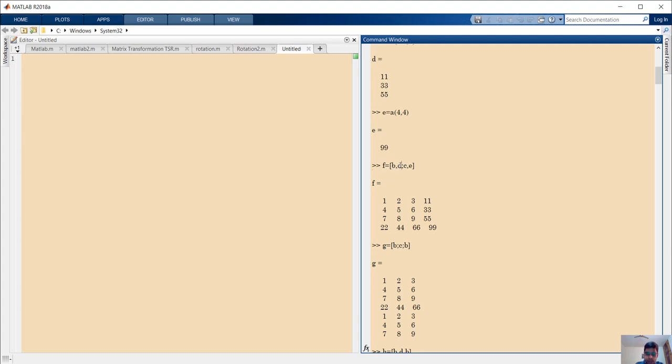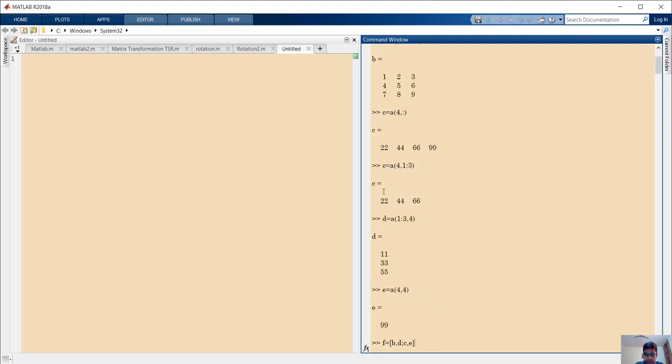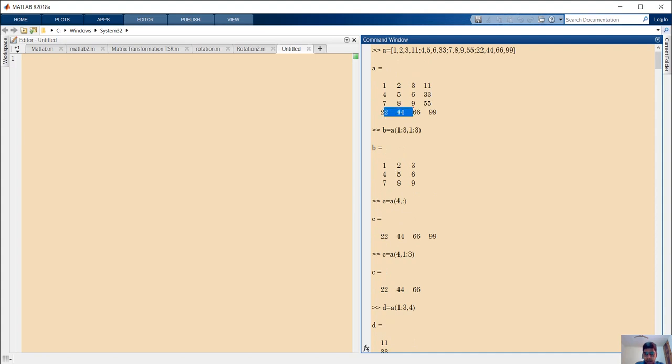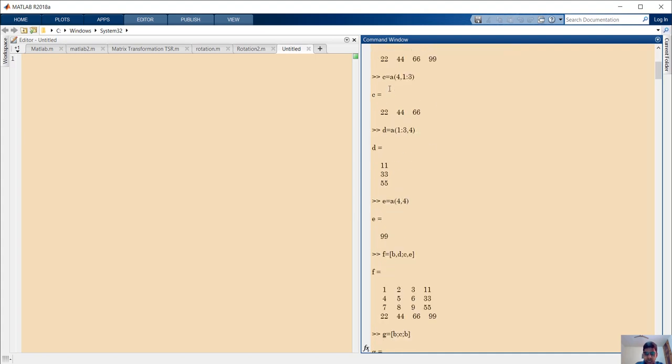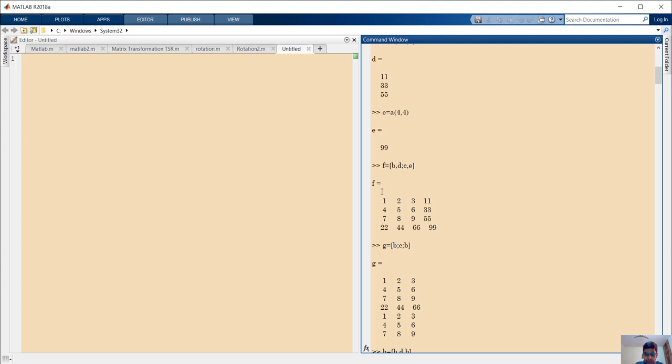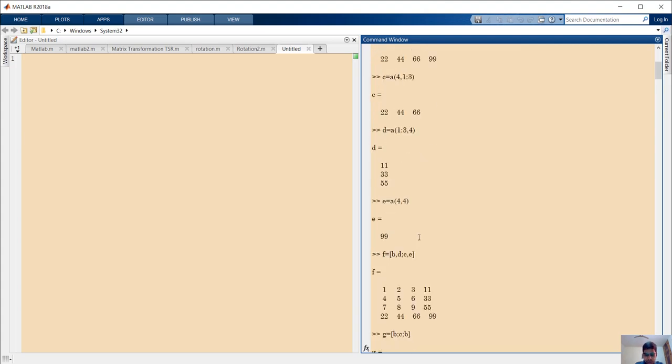to be able to concatenate in a row. And then I have separated it by a semicolon to separate the rows. The semicolon separates the rows, and the comma separates the columns, as you can see. Then I have concatenated C and E. I have taken the variable C, which is this down, and then I have taken this, so I have created the same matrix in F.